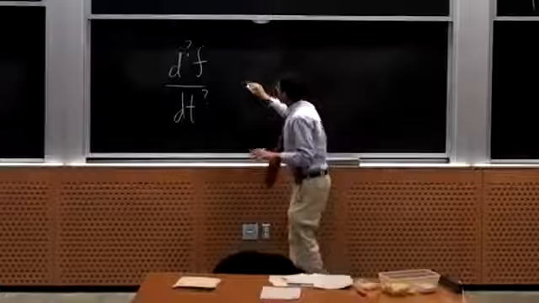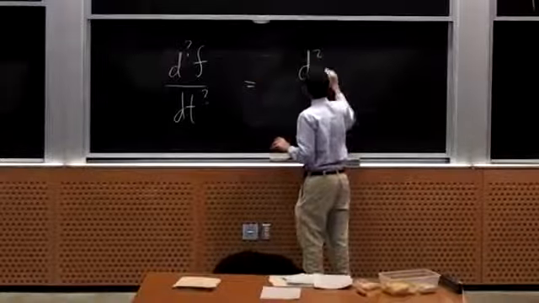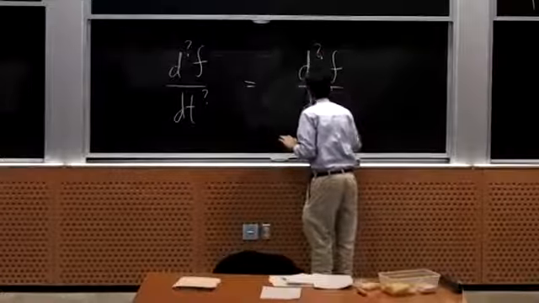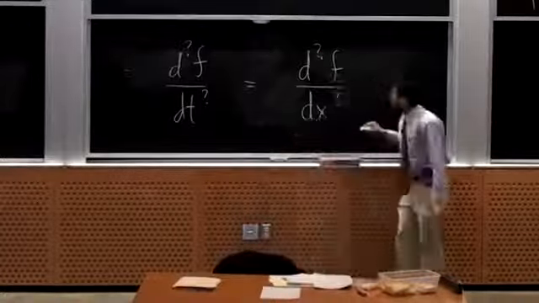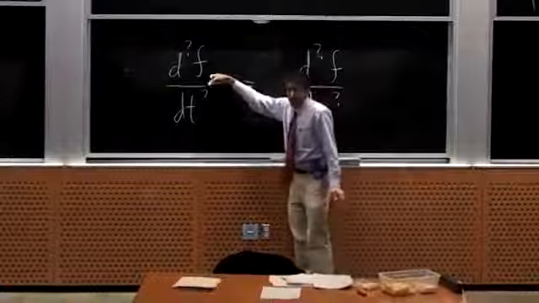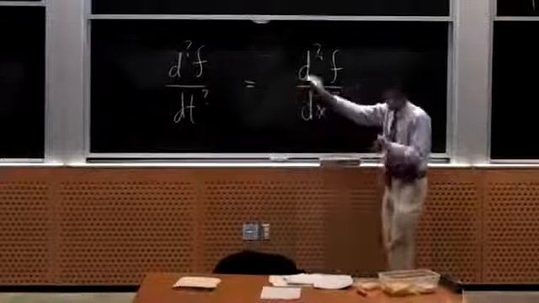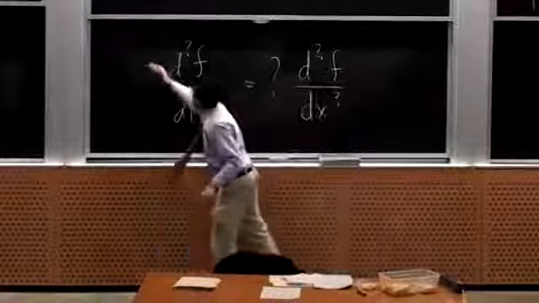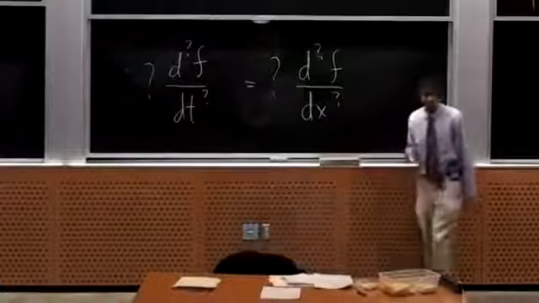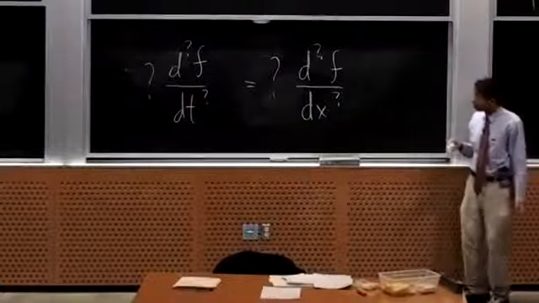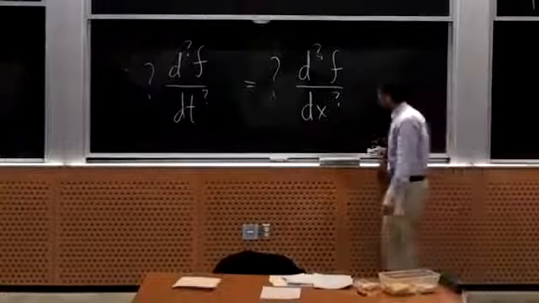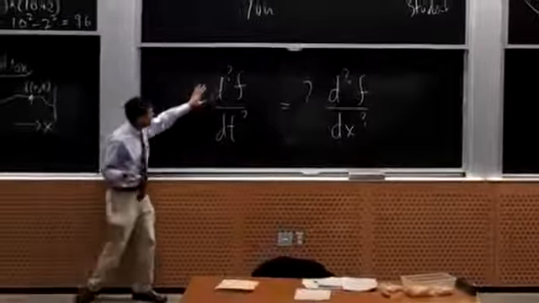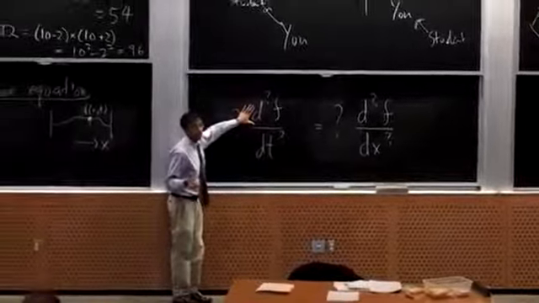I'm going to give the general form of the thing. So there's some derivatives of f with respect to time, 1 or 2 derivatives, we're not sure, is equal to something here, and then there's some constant here or maybe here. Okay, so there's a whole bunch of question marks to fill in, and what we're going to do is reason about what they are. Okay, so the first question is to figure out this guy. How many time derivatives do we need?